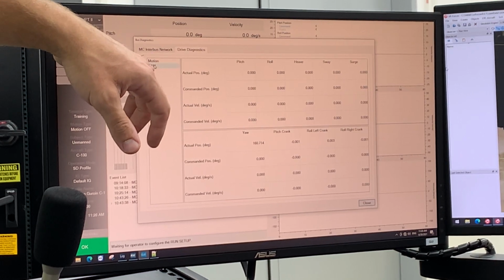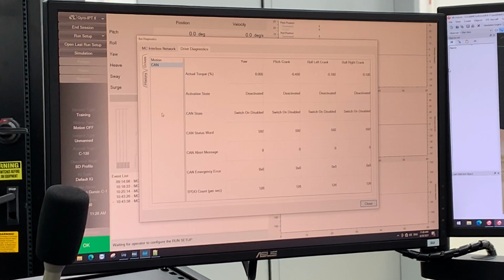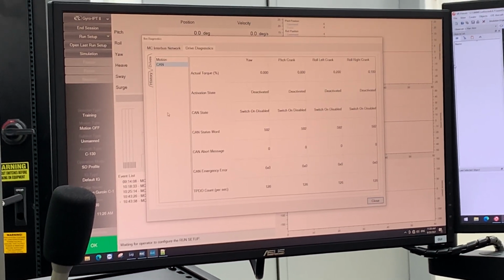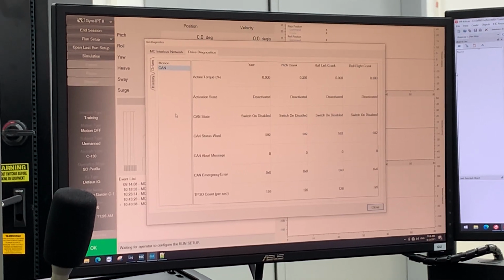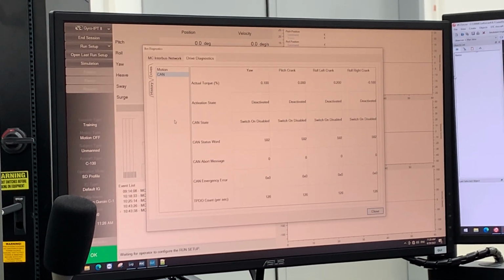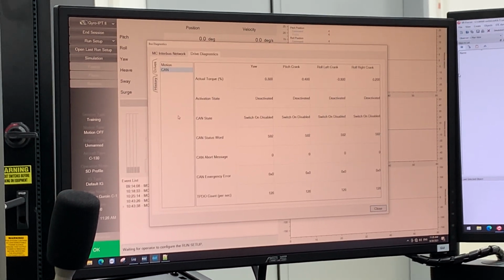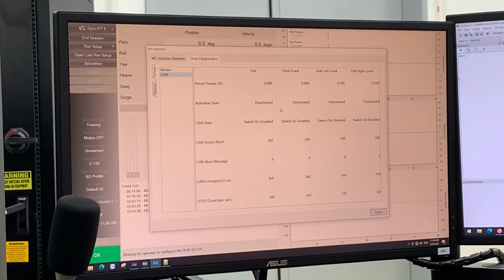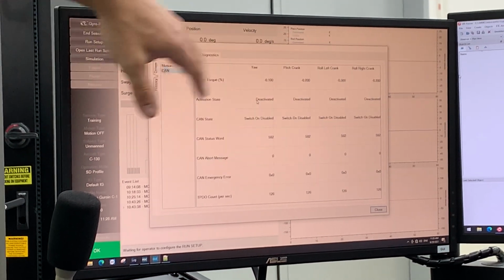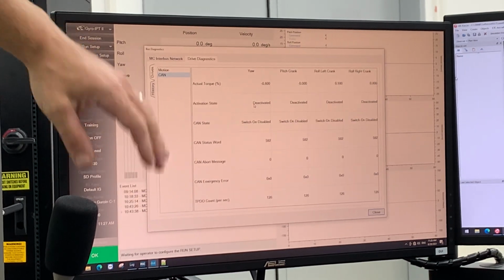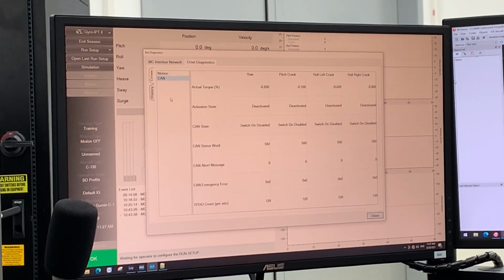And if you go to CAN, this tells you information about each of the connections to the drives. So the language that we use, drive, is short for servo drive, where the servo is the feedback loop. It gets the motor position and continually tries to control the position. So when we talk about drive diagnostics, that's what we're talking about. You don't need to know this for operation purposes, but sometimes if you're diagnosing a communication issue, this screen can